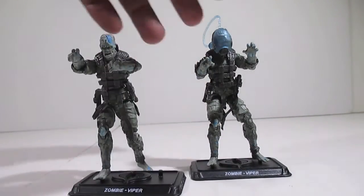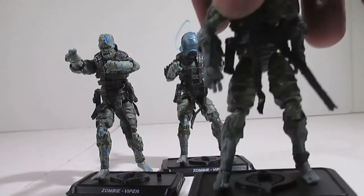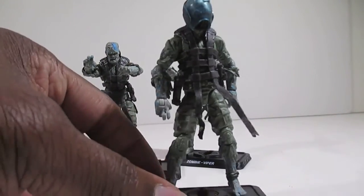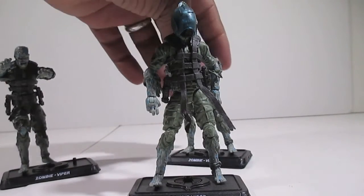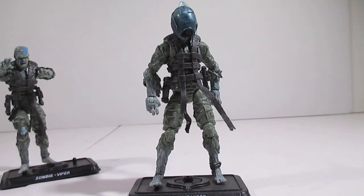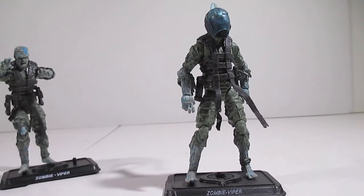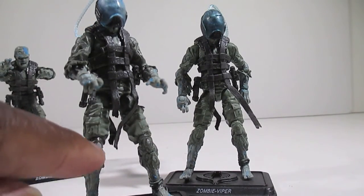And then I got the pack of Zombie Vipers. I might get another pack. Now, these are exactly the same as the Pursuit of Cobra version. The only difference can be found on their knees. The Pursuit of Cobra version has clean knees like that. I mean, they're scuffed up, but they're clean, whereas the new 50th version has like a rip in it,